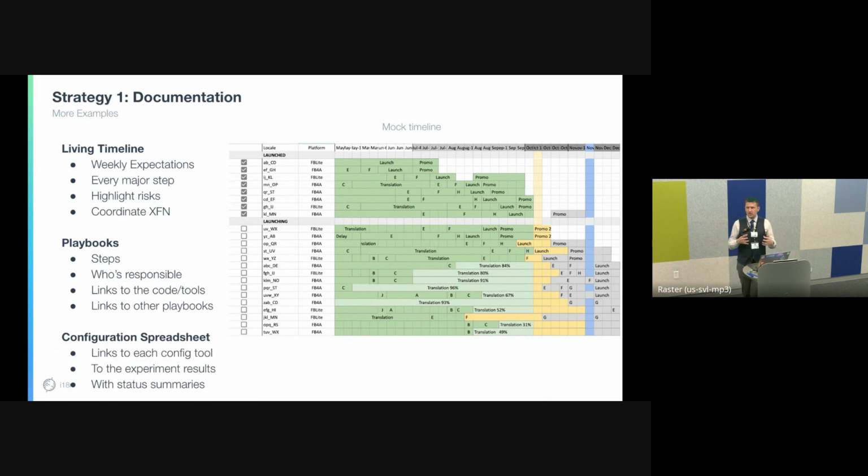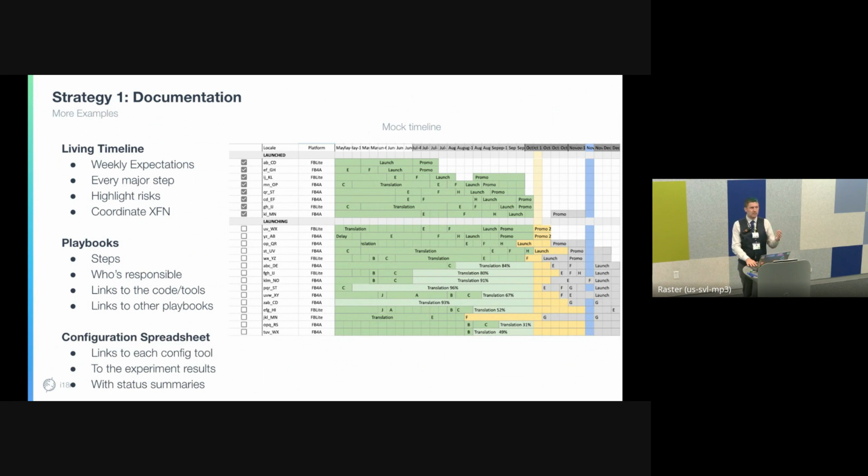In 2021, there were some playbooks that said this is how you launch a language, but they were woefully out of date because we hadn't gone through a big effort and launched a bunch. And so we learned that a lot of things had changed, and we wanted to make sure that we knew exactly what the step-by-step process was. I'll show you a screenshot of that later.